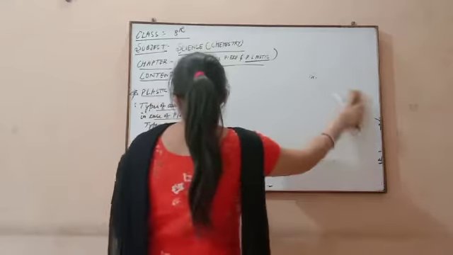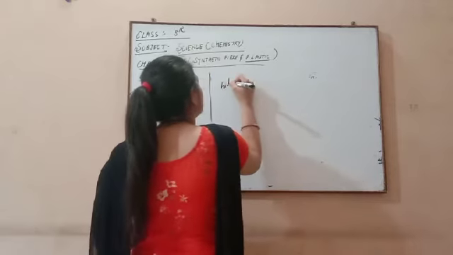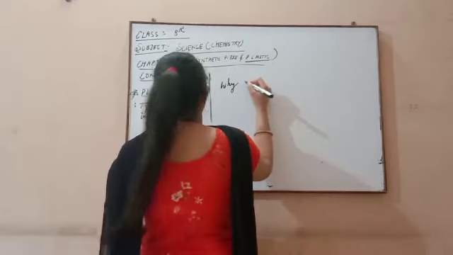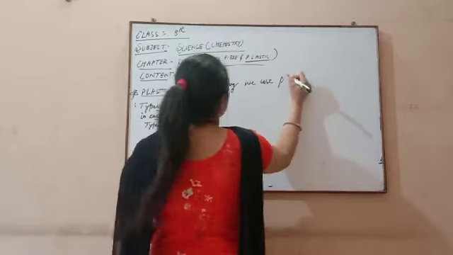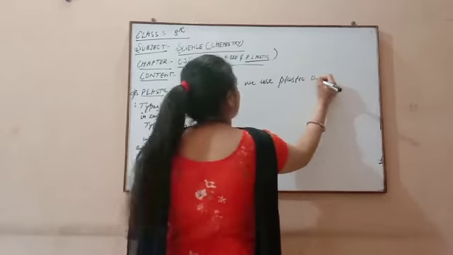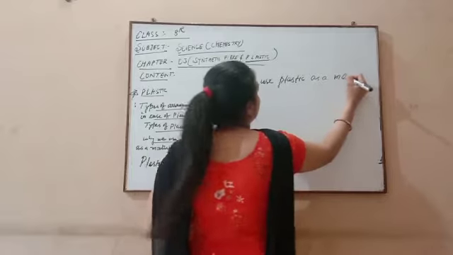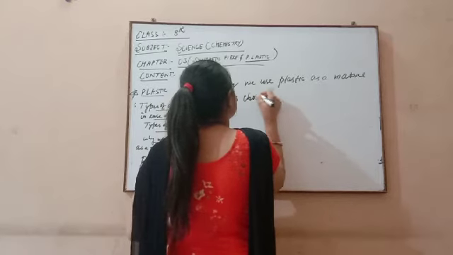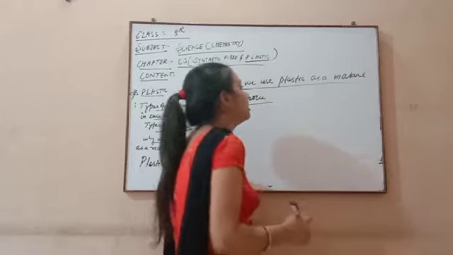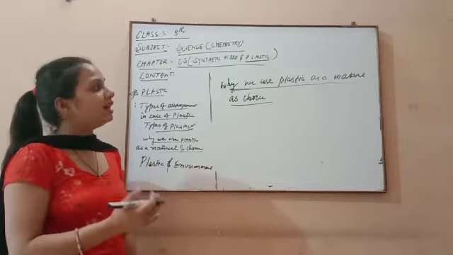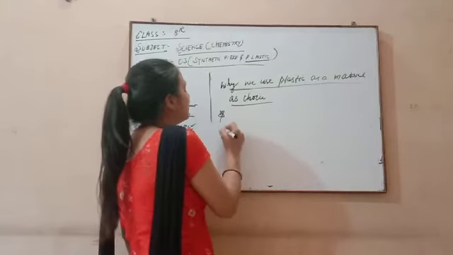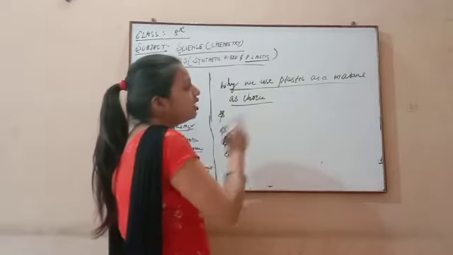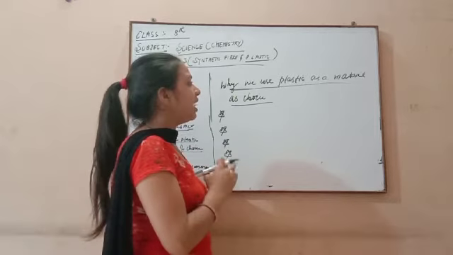After this we discuss why we use plastic as a material of choice, meaning why we use plastic in our daily life in such a big amount. What are the main characteristics of plastic that lead people to use it in such high amounts? Why do we choose plastic rather than any other metal, non-metal or any other substance? What are the main points why every person uses plastic in daily life? One by one we discuss all the points which make plastic a material of choice.